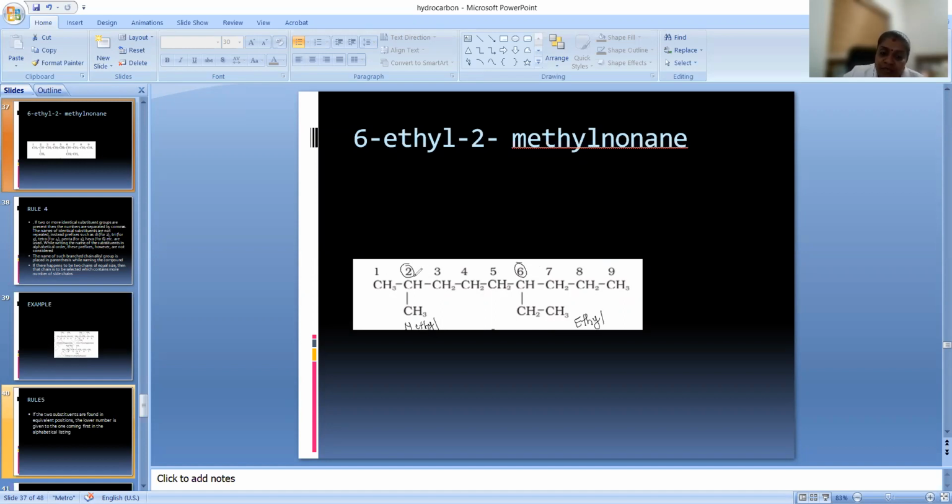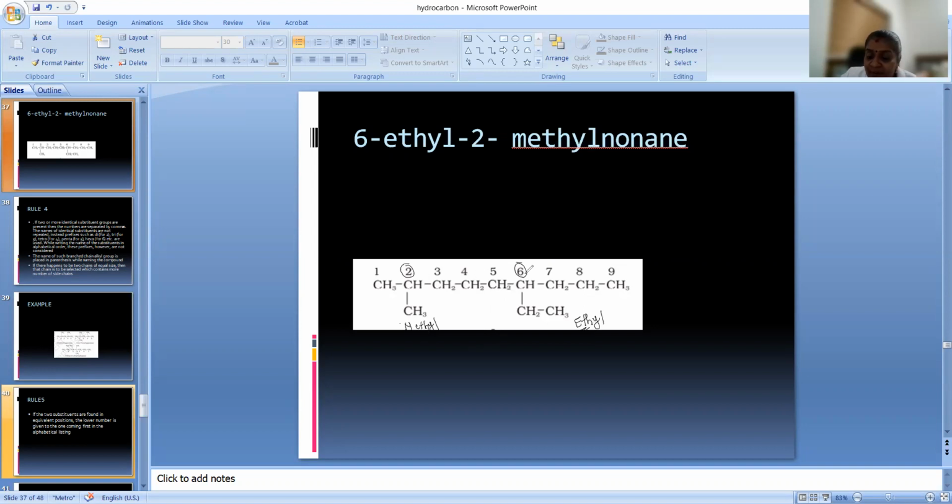First, we are not naming like 2-methyl. There is a reason behind that. If you are naming the branch, I said your branch has to be named first. So if you are naming the branch also, name the branch in alphabetic order. So sixth position is the alphabetic order. If you are taking, E is coming first.